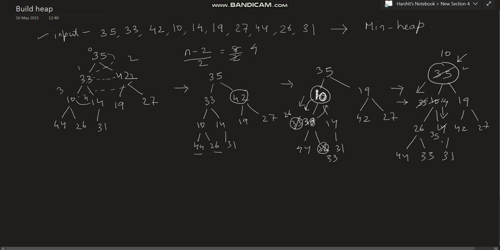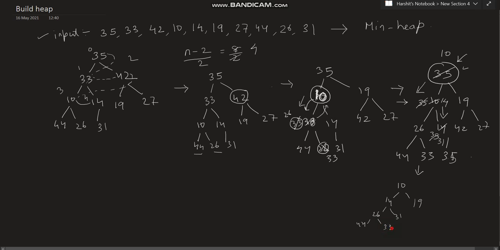Now again we are on the node having value 35. We will be comparing with the left child value which is 31, and there is no right child value. So in that case, on comparing 35 with 31, 31 is the smallest. Therefore there will be a swap operation between 35 and 31. So 31 will be over here and 35 will be in this position. So the final tree which we will be having is 10 on the top, then 14, 19, 26, 31,